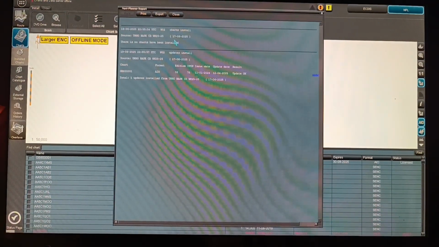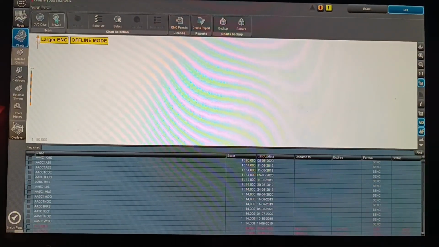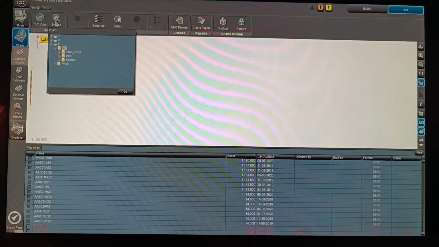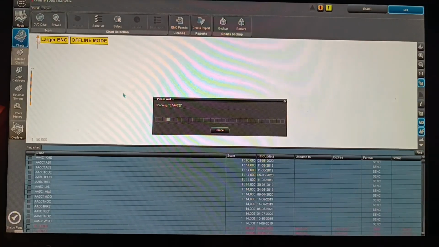Okay, so the AIO is now installed. Just click close, then go back again, click browse, then go to ABCS, then click go,